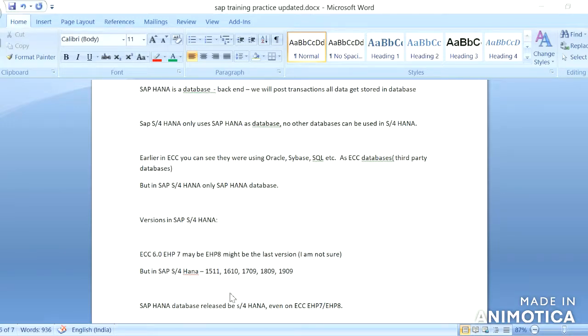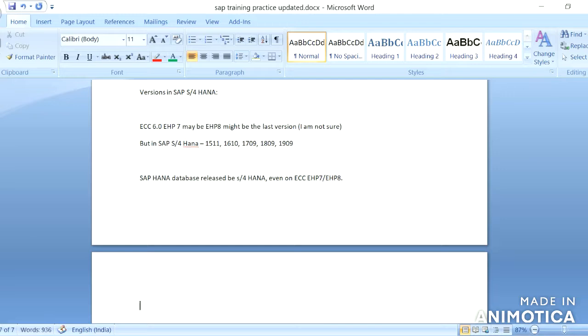We have heard about only a few tables in SAP S/4HANA. The main table which we use, the single table people always mention when we talk about SAP S/4 Finance, is ACDOCA.